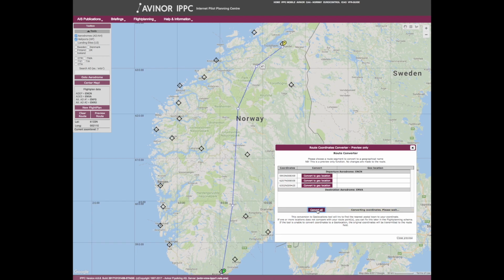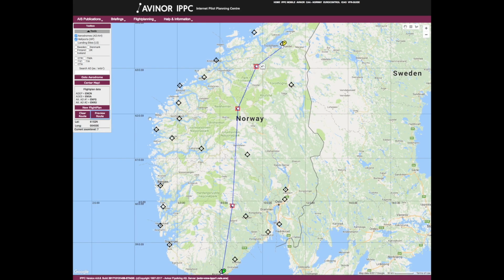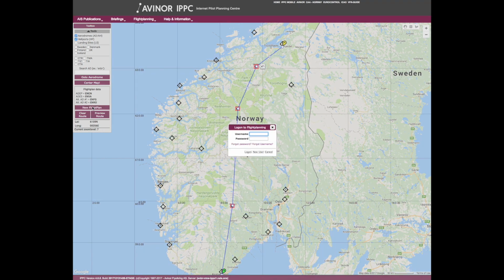If one or more geolocations do not match the destinations of your choice, you can either go back to the map and try to position the point location a bit more accurately, or you can leave the coordinate as it is and write the geolocations directly in the flight planning schema. If the geolocation is of your choice, you can now close the preview box and click New Flight Plan in